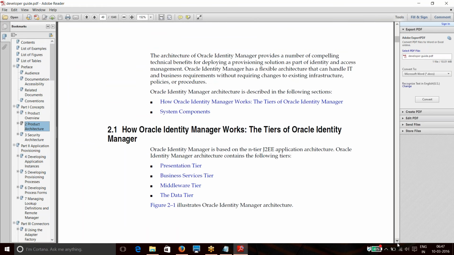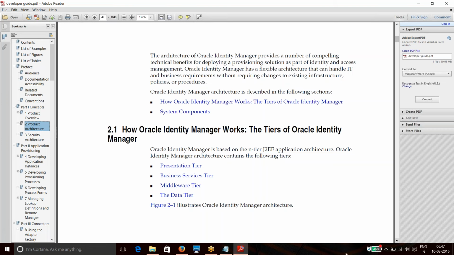So, as you can see, OIM is basically an entire architecture, and it is completely built on Java. All the product development is done in Java with advanced Java technologies like J2EE, beans, and all these things.